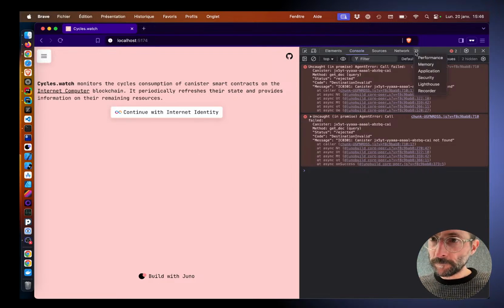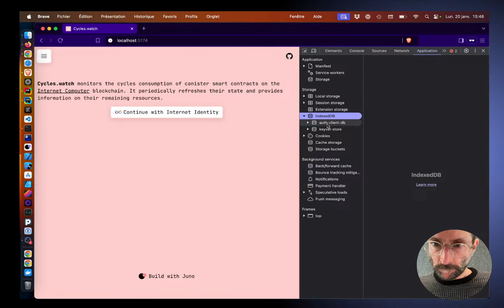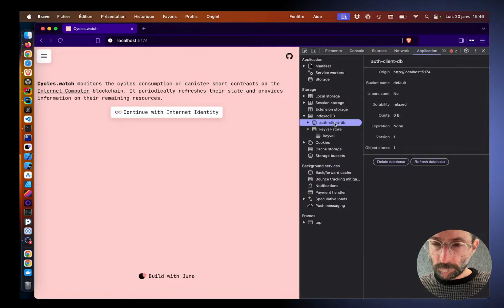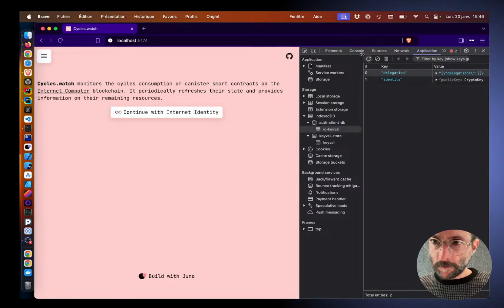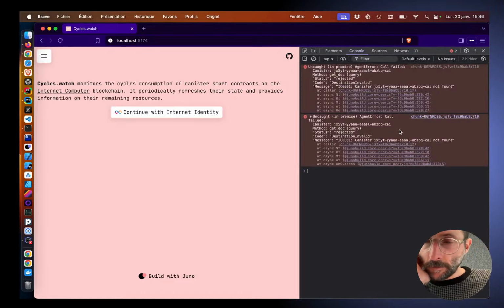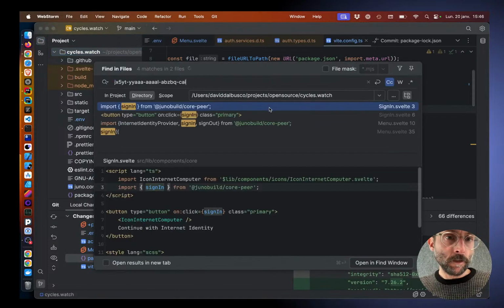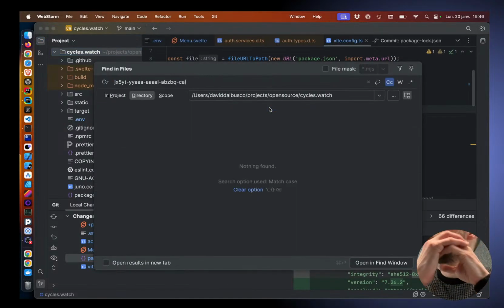Probably. Where did that come from? Oh no. So it says that it cannot query the document on canister blah blah blah and canister blah blah blah. It's because